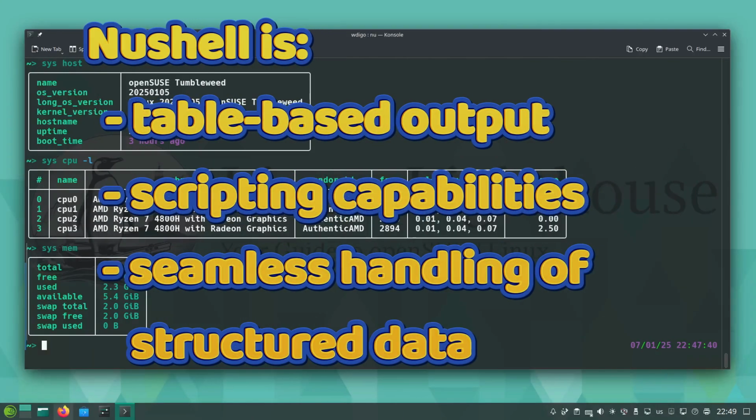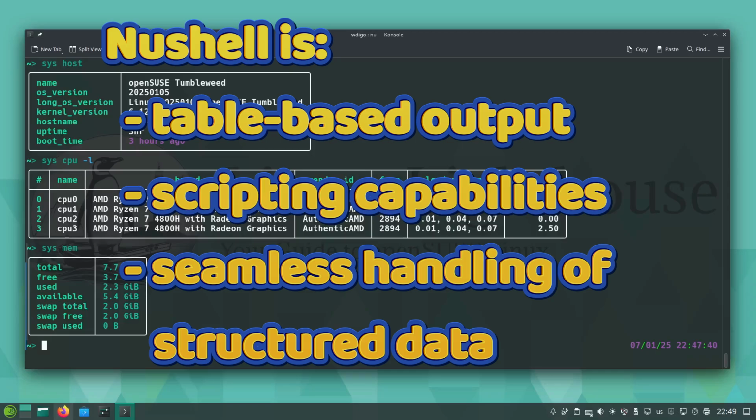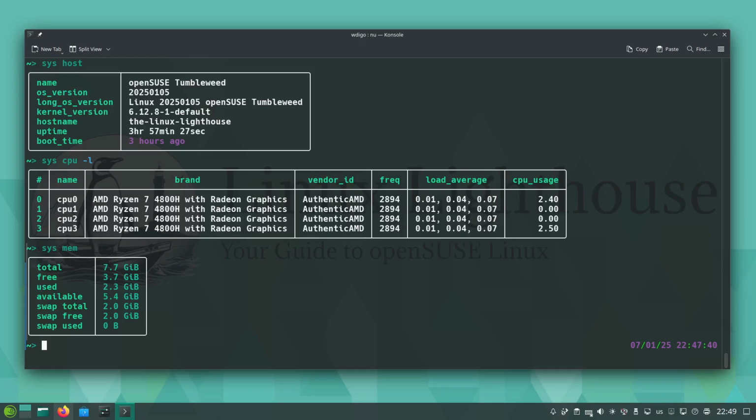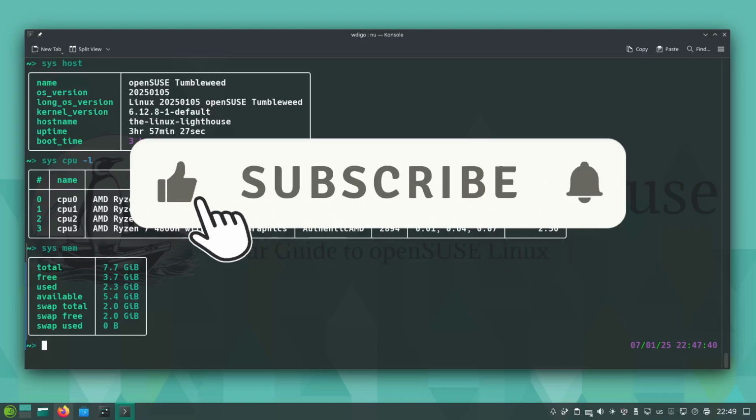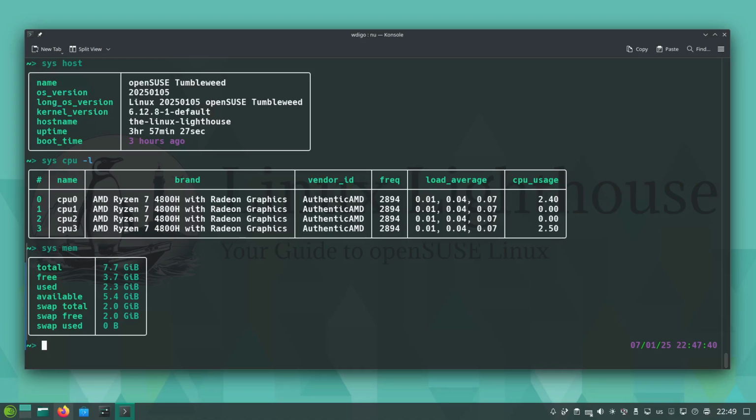Nushell's table-based output, scripting capabilities, and seamless handling of structured data make it a game changer for Linux users. Whether you are a beginner or a seasoned sysadmin, Nushell simplifies complex workflows. And that's it, a quick dive into Nushell on